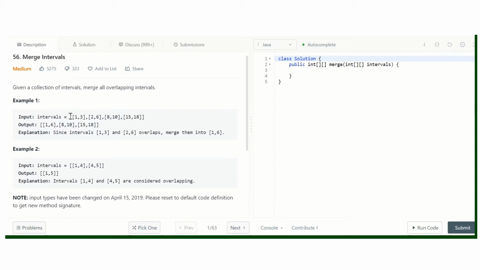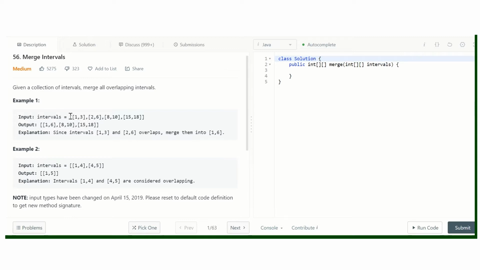We'll keep two variables, start and end. Initially they are initialized with the earliest interval, the first start and first end. After that we'll check if the interval under consideration and the previous interval intersect or not.